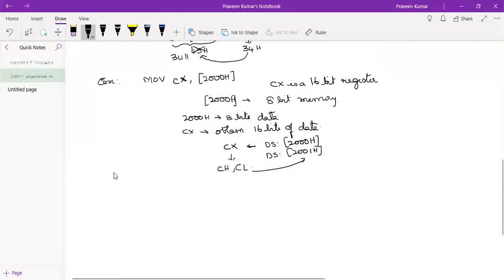We already know there is a fundamental rule called the little endian rule. According to the little endian rule, the lower byte will always be stored at the lower address, and the higher byte will always get the higher address information. That is, CL will get